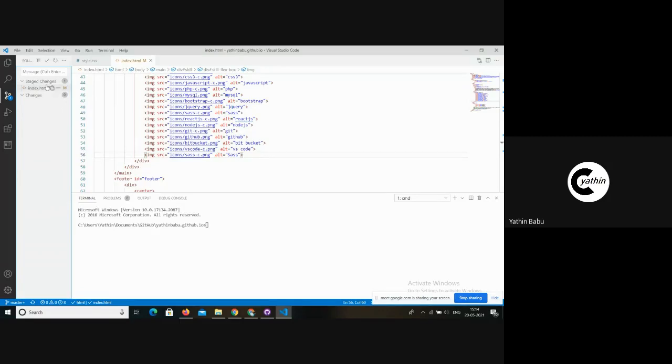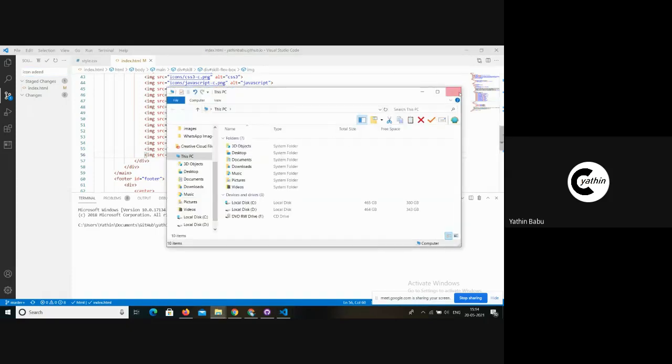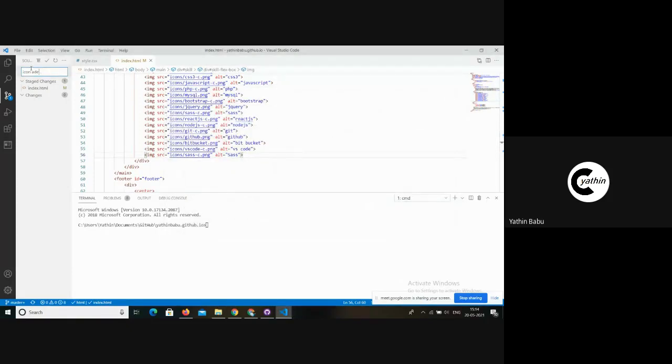Now it got staged, and here you can add the comment: icon added. Just by pressing the arrow mark, I committed the changes to my local repository.